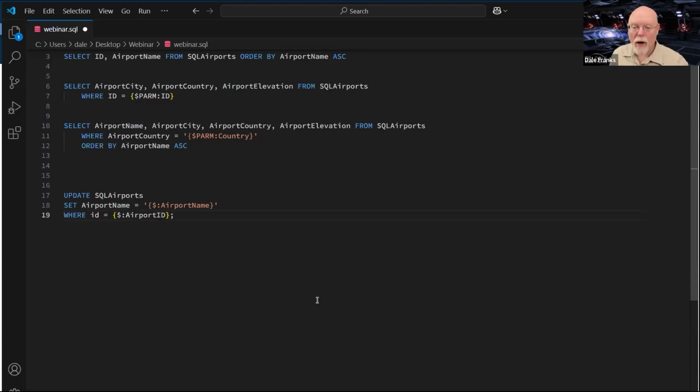And that's why the where clause is so important, because that where clause specifies the single record that I want to write data to. So even if I get it as wrong as I possibly could, as long as I have that valid airport ID, then it's only going to change at max one record.